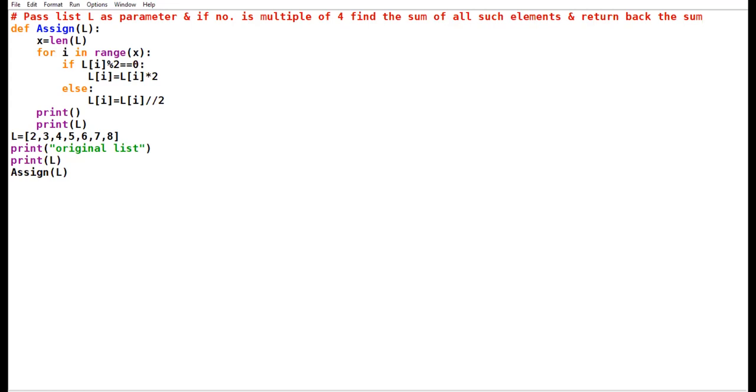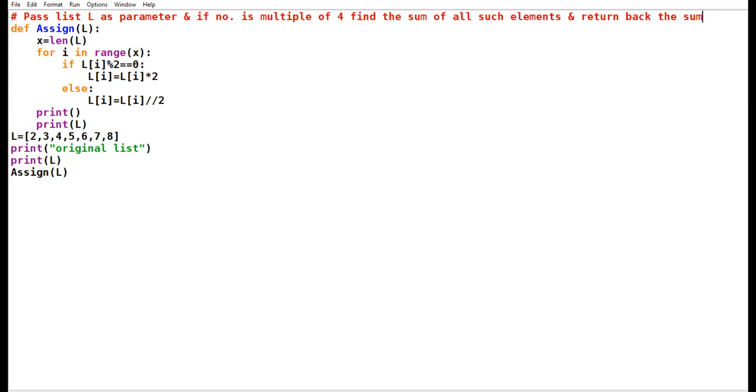So what is the logic? You create a list, pass the list as parameter to the function, find the sum of all the elements which are multiples of 4, and whatever sum comes, return back the sum.